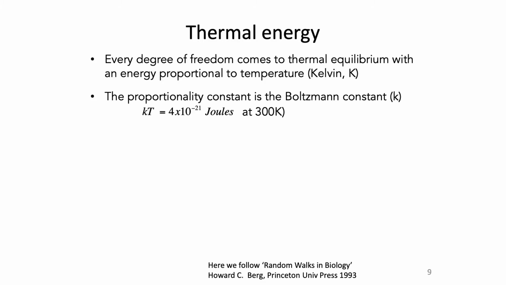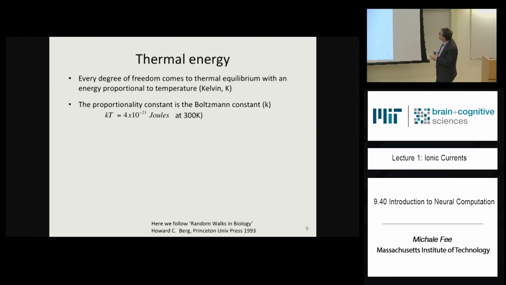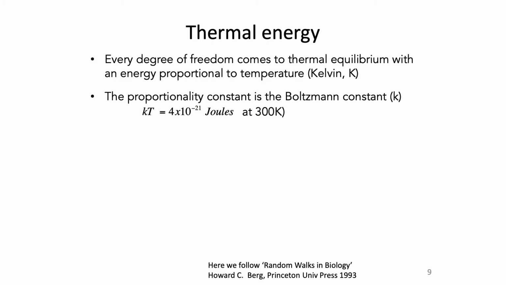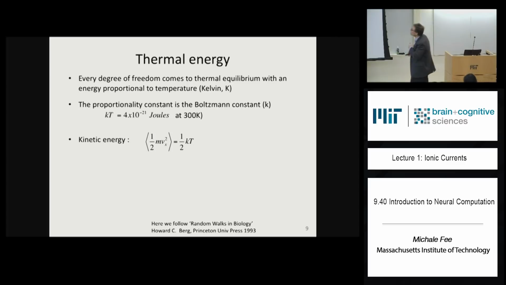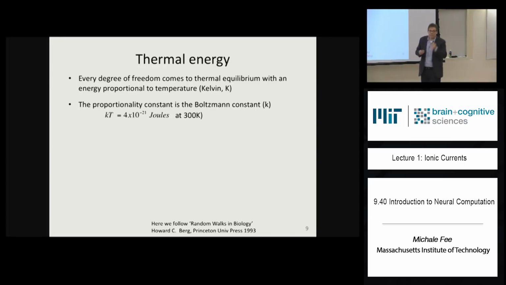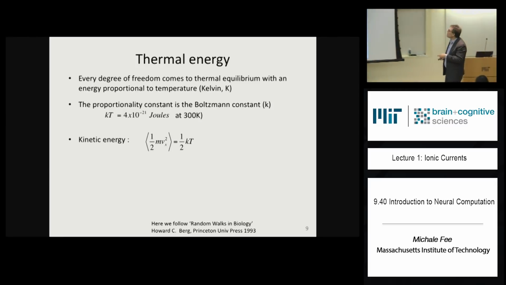And the proportionality constant is the Boltzmann constant, which has units of joules per Kelvin. So when you multiply the Boltzmann constant k times temperature, what you find is that each degree of freedom will come to equilibrium at 4 times 10 to the minus 21 joules at room temperature. At zero temperature, every degree of freedom has zero energy, and so nothing is moving. Nothing's rotating, nothing's moving in any direction. Everything is perfectly still. Okay, so let's calculate